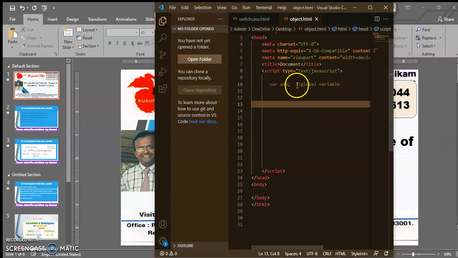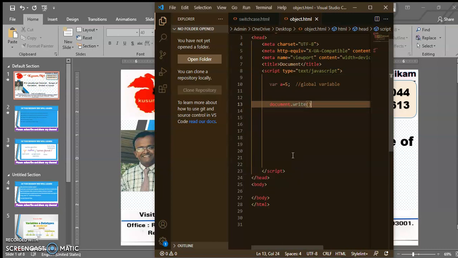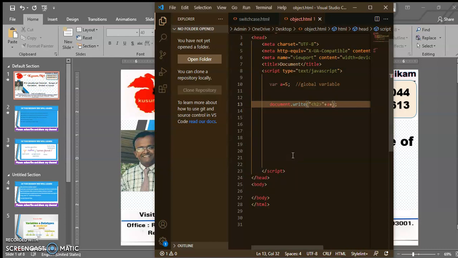Inside of the head tag of the HTML DOM, I am creating a variable and its value. Now I will write document.write, and inside of that we'll create text, plus the value of the variable, plus this.